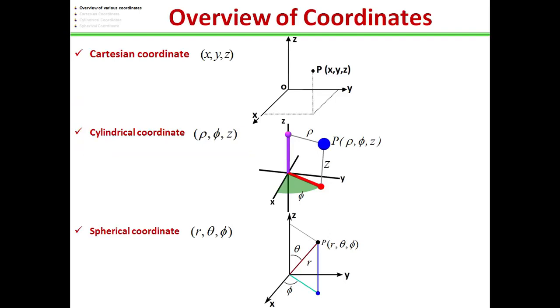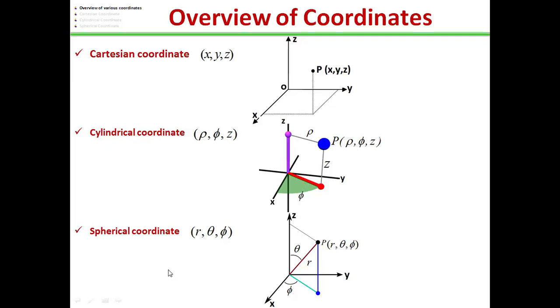All these three coordinate systems are orthogonal, in which the coordinate axes are mutually perpendicular to each other. In the Cartesian coordinate system, any point in space is represented by x, y and z, the positions along the x, y and z directions. And the cylindrical coordinate system is represented by rho, phi and z, where rho is the radius of the cylinder, phi is the angle from the x-axis, that is the horizontal angle, or you can say azimuthal angle, and z is the